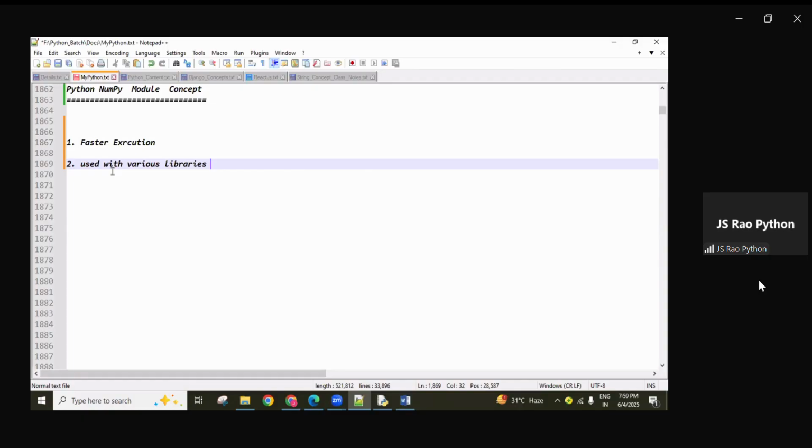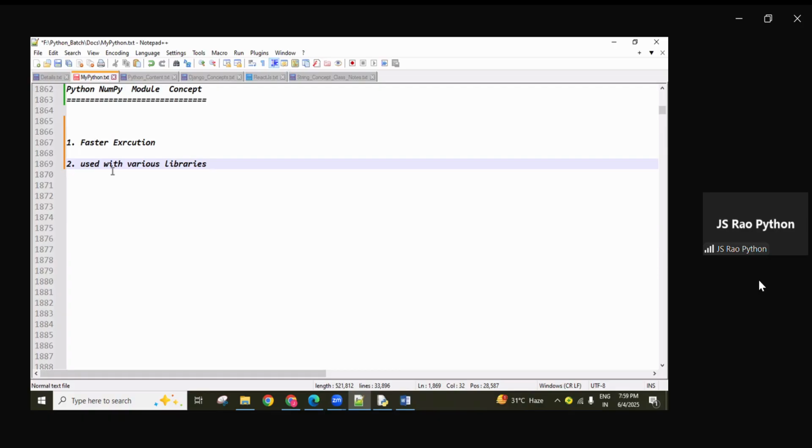For all these kinds of things, the NumPy module is mandatorily required. NumPy is heavily used with various libraries like pandas, SciPy, scikit-learn, and some other modules,